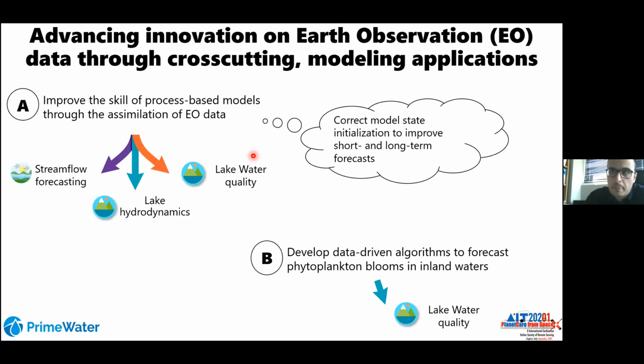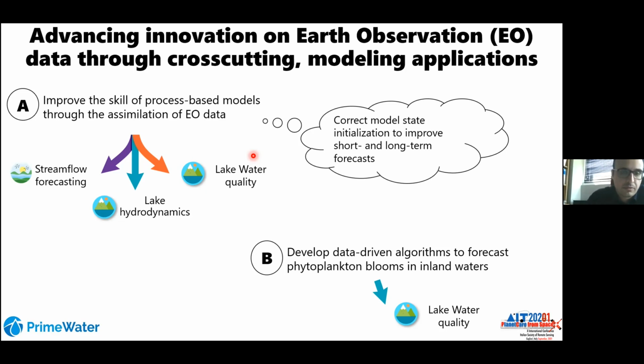Now, the major interest of our work, as it connects with the two previous presentations, is to investigate how Earth observation data can enhance hydroecological modeling and forecasting. And we have clearly defined two distinctive families of experimental investigations that are clearly linked to the two previous modeling types. To become more specific, in terms of the process-based modeling part, what we're actually trying to investigate here is